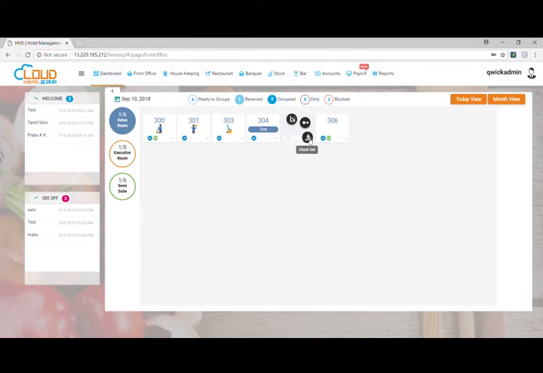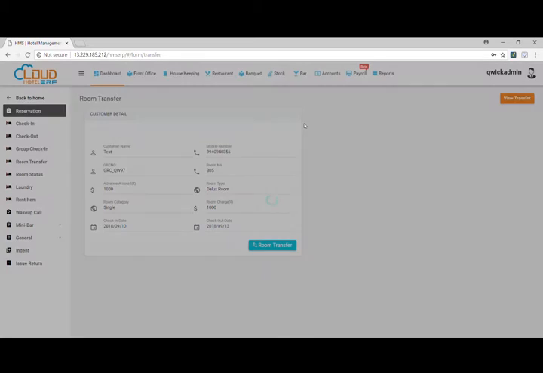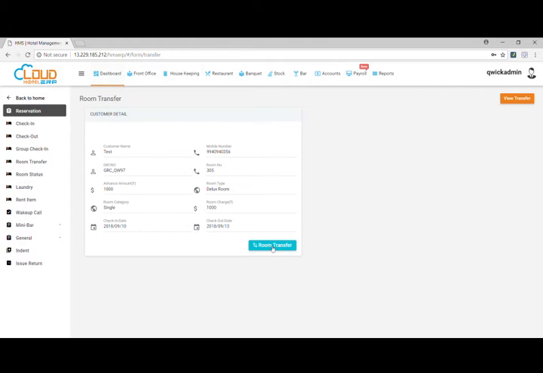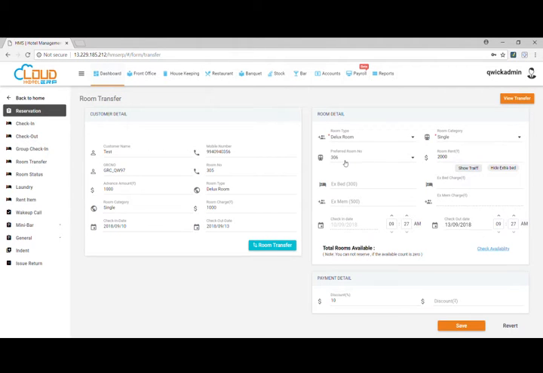Now we'll go for a checkout. But before that we'll see the room transfer. So this is the current room information. See, this is the preferred room number. The software will suggest the next available room of the same room type. If it is okay, we can proceed, else we can change the room. We have an edit option for room rent also. Now the person from 305 is transferred to 306.